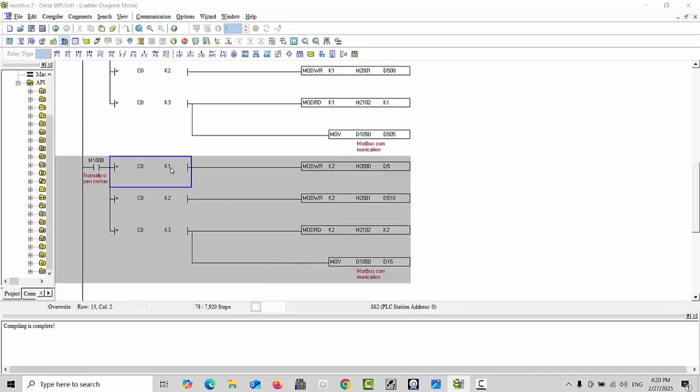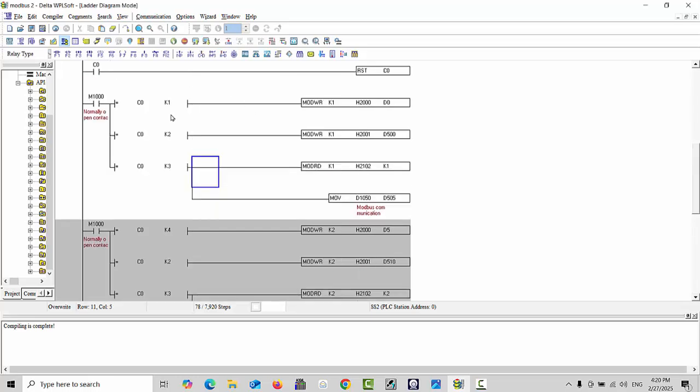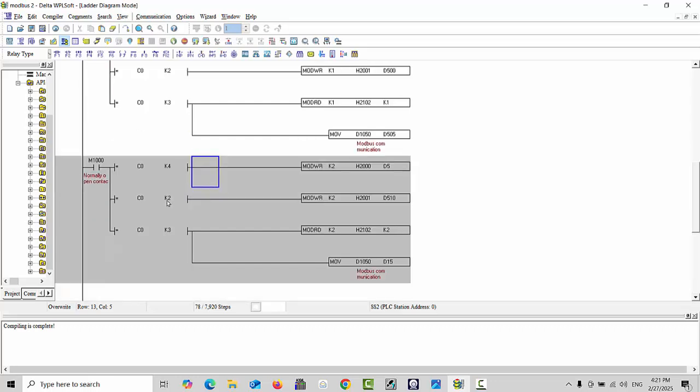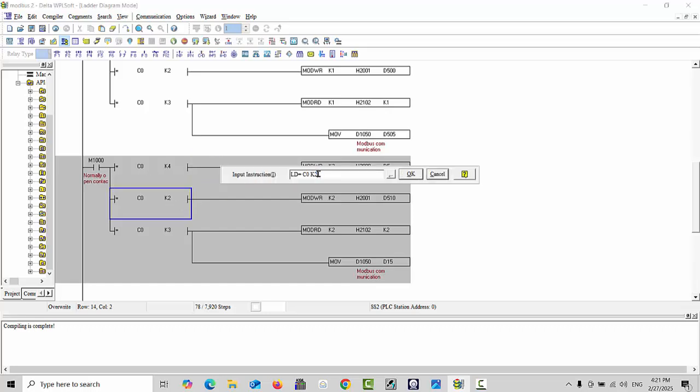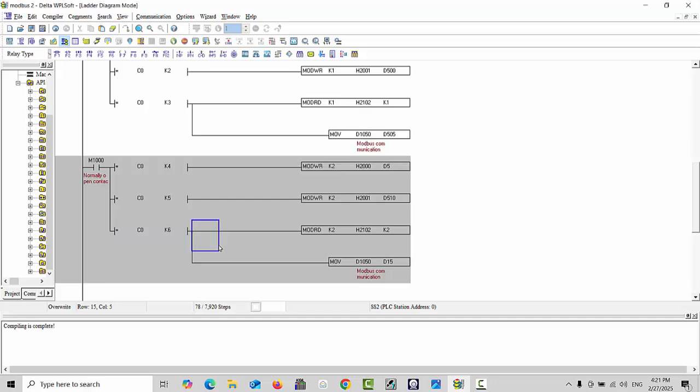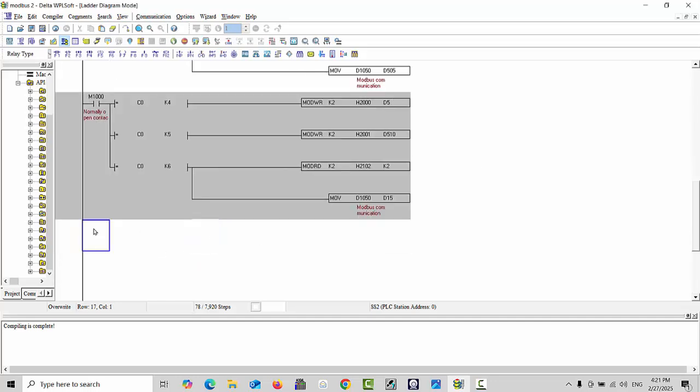So, and here we also have to put this K4, because our first command is reading in the K1, second is 2, third is 3. But here for the next drive we have to choose the next data as K5, we will set here, and here we will set K6. Okay, so and here next LDM